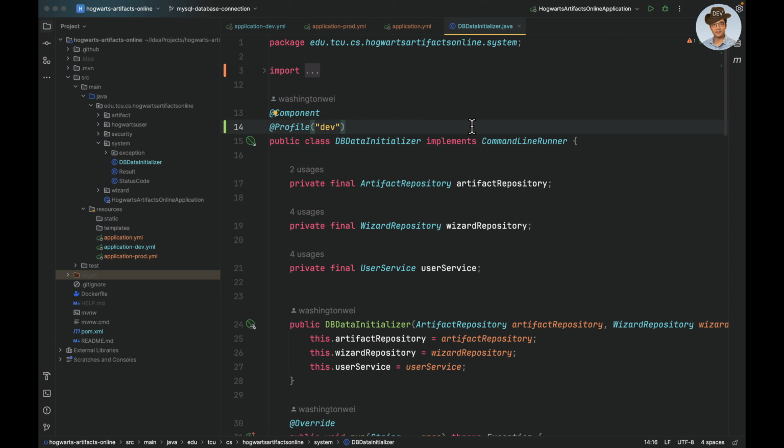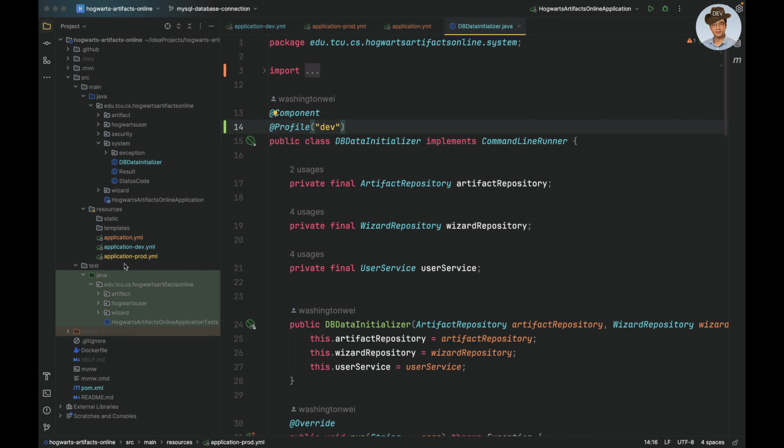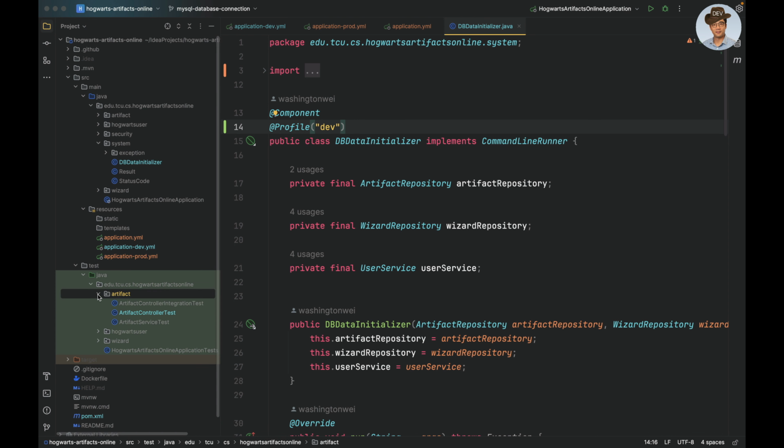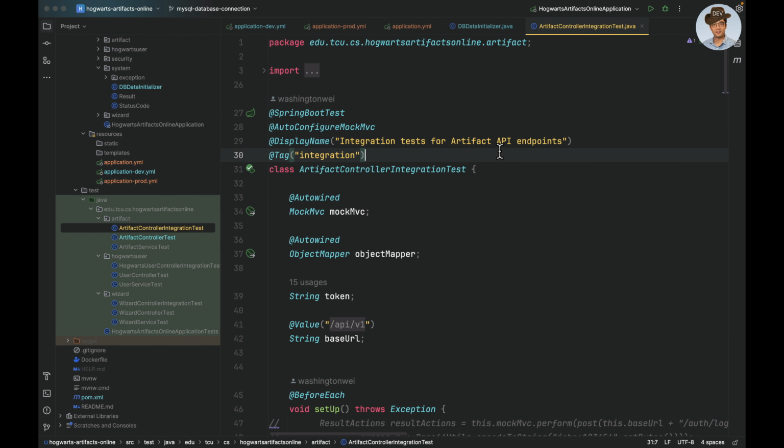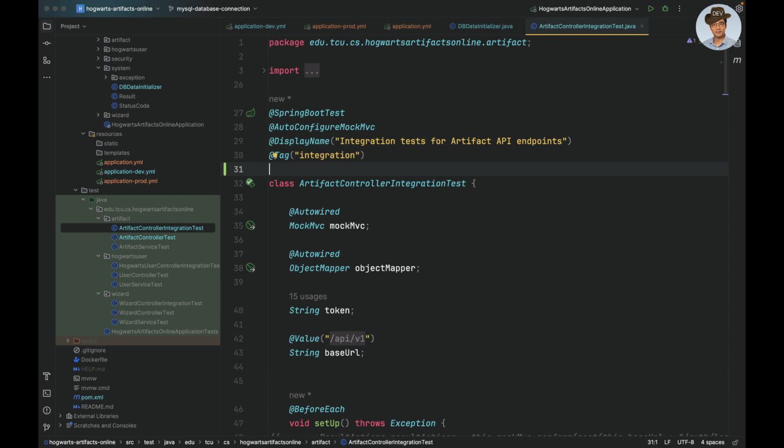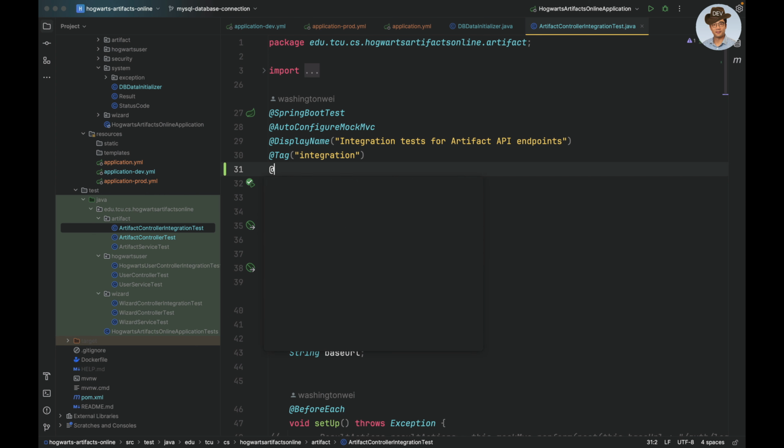What about test cases? Remember, we created many test cases. And test cases are only supposed to run under profile dev. So let's configure our test cases to make them work well with the dev and prod profiles. Now here, let me introduce a second very useful annotation about profile. Now this time we're going to use